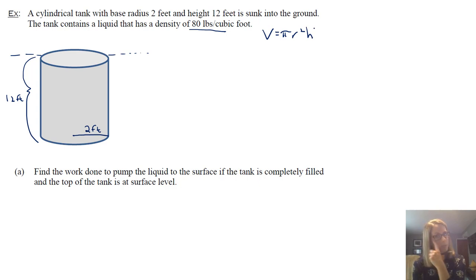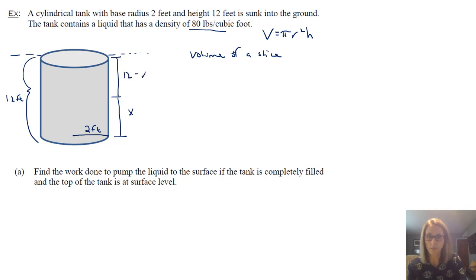So something we want to remember is that the volume of any cylinder is pi r squared h. And what we want to think about always is the volume of a slice. Very similar to the last problem, if we break this apart, and again, it doesn't really matter how you break it apart, you're just thinking about the fact that if one distance is x, then your other distance, in this case, is 12 minus x, which is important because you're thinking about how much you're bringing up something essentially to the surface.